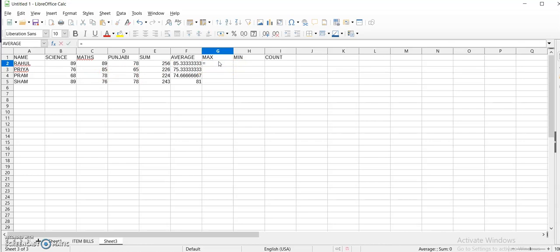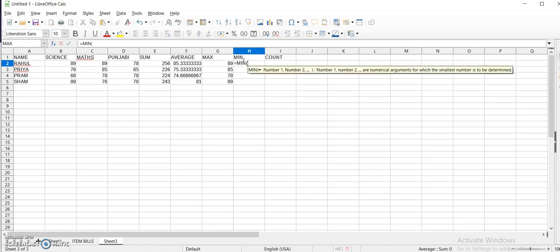If you want to find the maximum marks, simply you can write equals to the MAX function, then in the bracket you will write B2, C2, D2. Close the bracket. If you want to find the maximum marks of the other students, you can simply drag it. To find the minimum, write equals to MIN, then B2, C2 and D2.